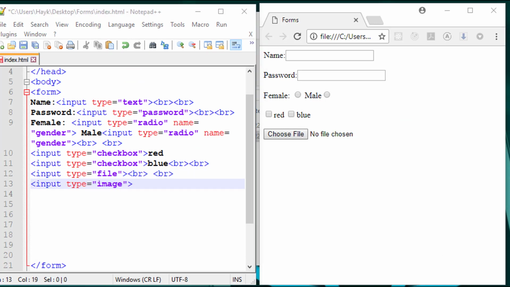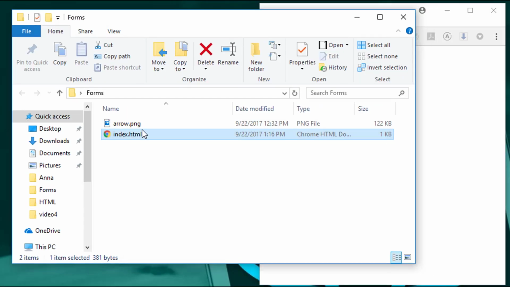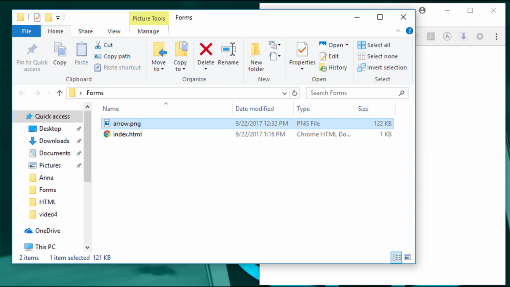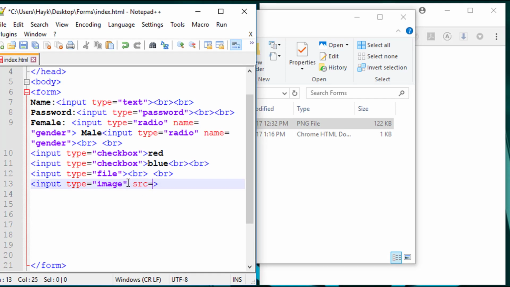Then we must write image source. Check the image that we have in the folder. This is our folder and this is our image. As you see, it is named as arrow.png. Now let's put this source in our code. Write src, then equals sign